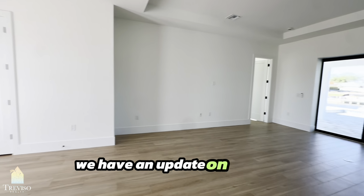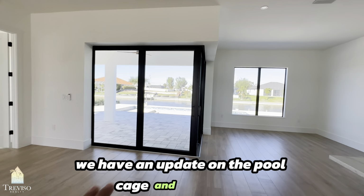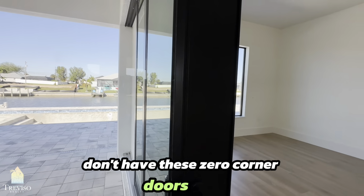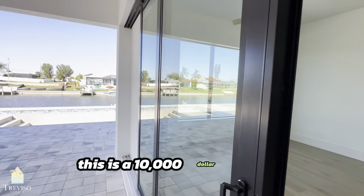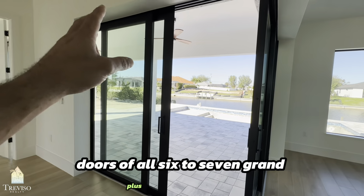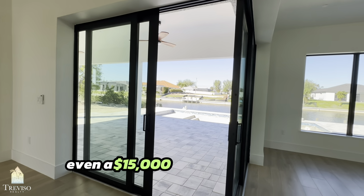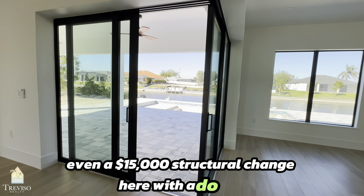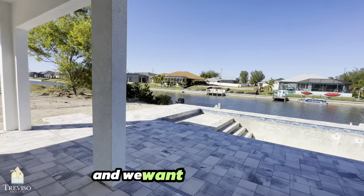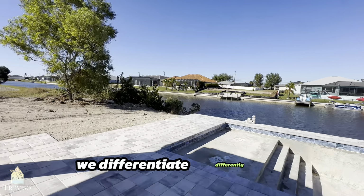We have an update on the pool cage. And you know, a lot of the houses being built here don't have these zero corner doors. Why? This is a $10,000 process here. The door is about 6 to 7 grand plus all the beams. It could have been even a $15,000 structural change we had to do. But it's so worth it. Clearly, this is an amazing product. We want to make sure we differentiate ourselves from other